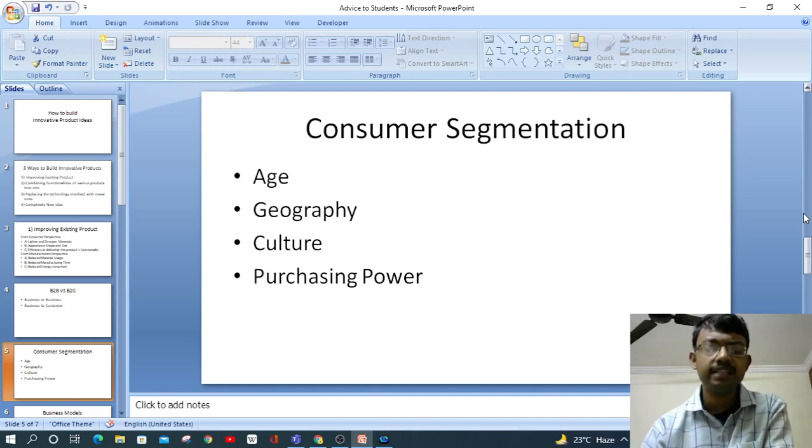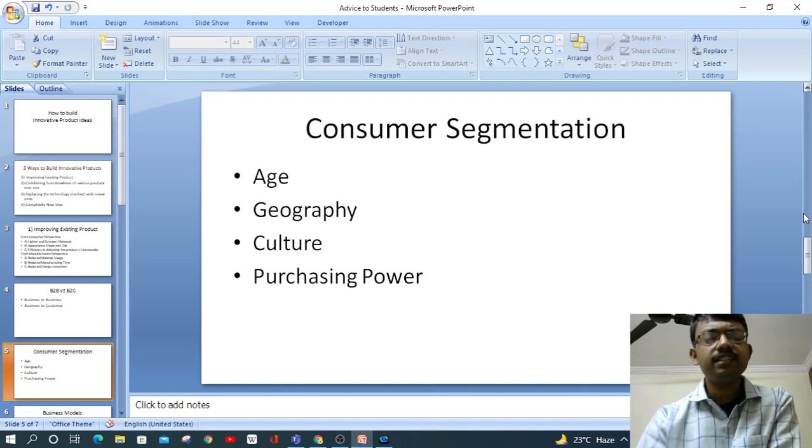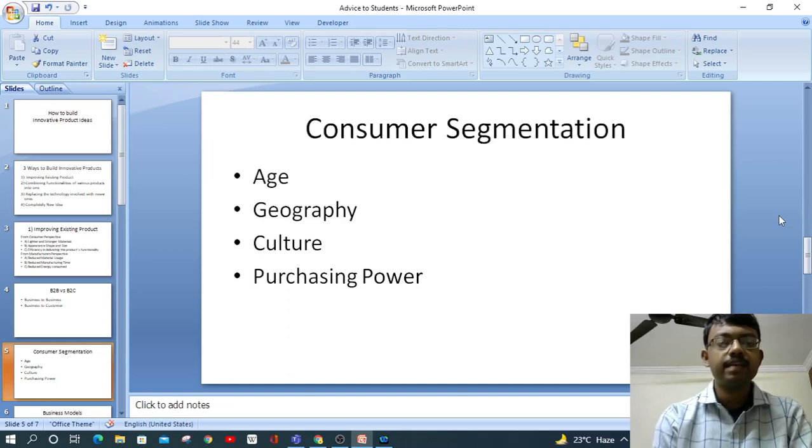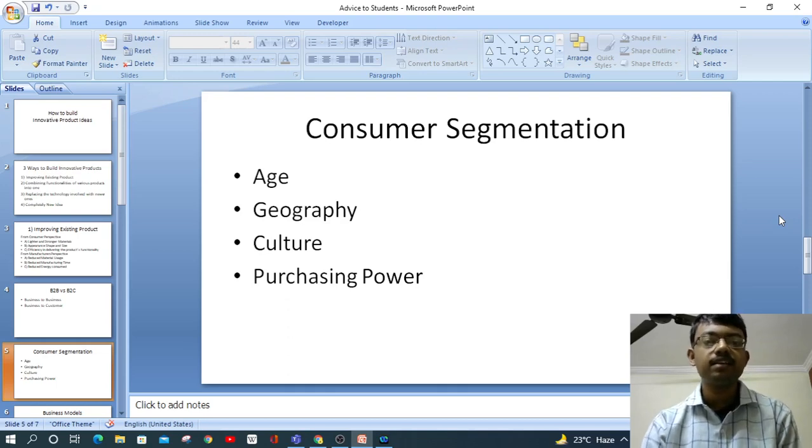Let's say for example, there is something known as Johnson's baby powder or Johnson's baby soap. It is intended only for infants and the families who have a new child, right? Whereas there are some other soaps that are specifically targeting men, and there are specific cosmetics that are specifically intended for women, right? So based on gender also, some of the products have their segmentation, and based on geography also, some products which are very well sold in a particular region are not intended for everyone else outside the globe, right?